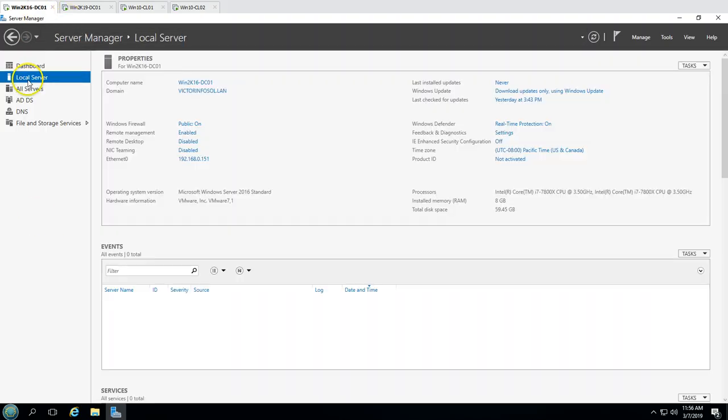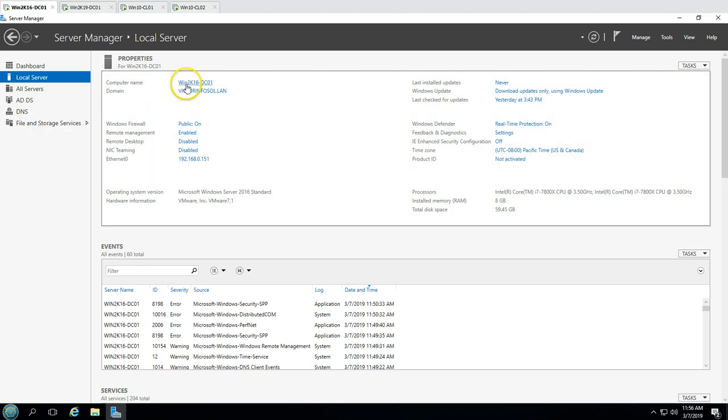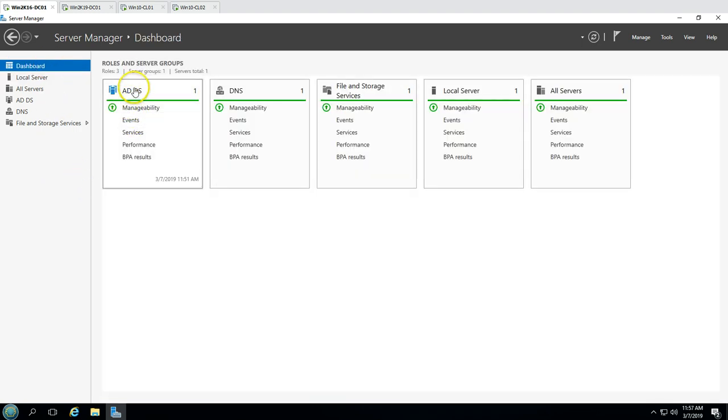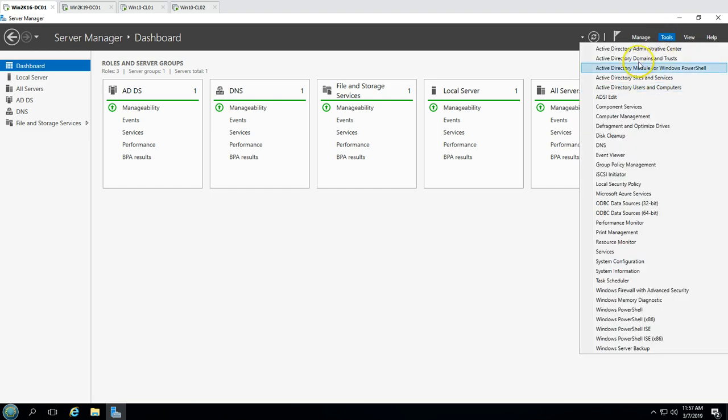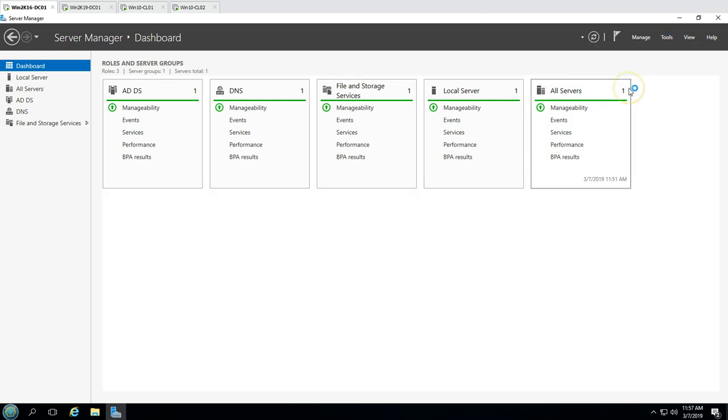You can see this is my Win2K16 DC01, and the IP address is configured as 192.168.0.151. My domain name is victorinfosol.lan, and if I go here you can see Active Directory and DNS is running on this machine. If I go on Tools, you can see all the Active Directory management tools are installed. So if I go and click Active Directory Users and Computers,